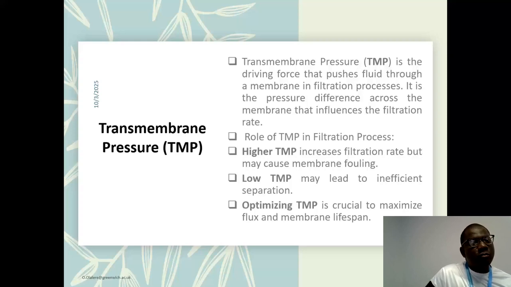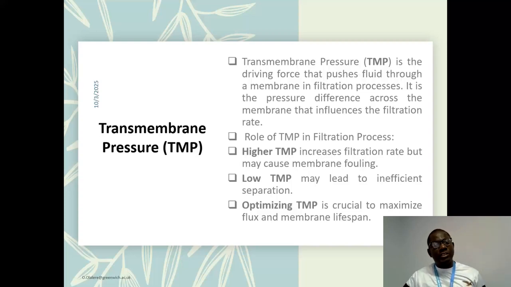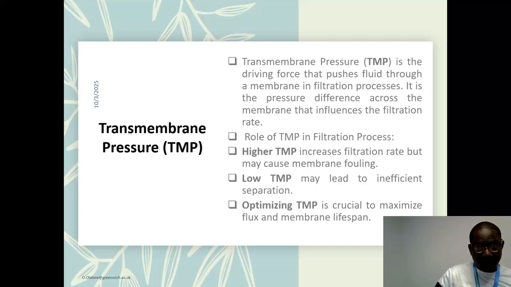Now, what are the roles of transmembrane pressure? Higher transmembrane pressure increases filtration rate. We've mentioned it, right? But it may actually cause fouling when the pressure is too high. Then, when we have low transmembrane pressure, it may actually lead to what? Inefficient separation, because the filtration rate will be low. And one of the most important